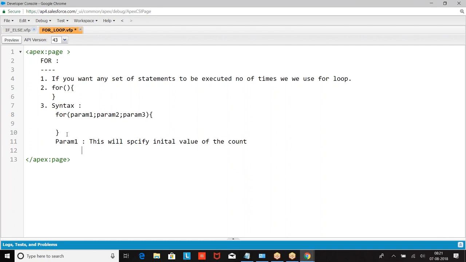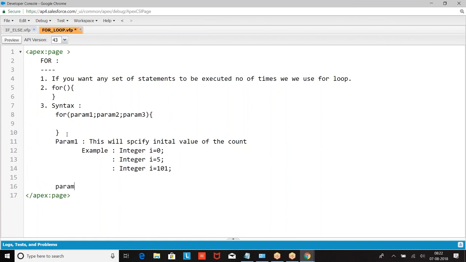How do you define it? Example: int i = 0. Your count will be an integer only, right? So when I say i = 0, your starting count number is 0.